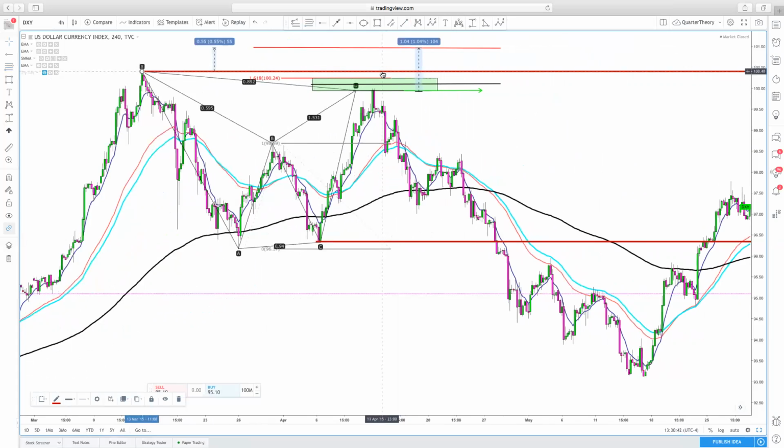In this particular case, it would be a sell limit because this is a bearish bat, meaning that after the D completion, price should fall, and that's what makes this a bearish bat. Okay? Let's just get rid of this, because now we're going to talk about something else, and it's another way